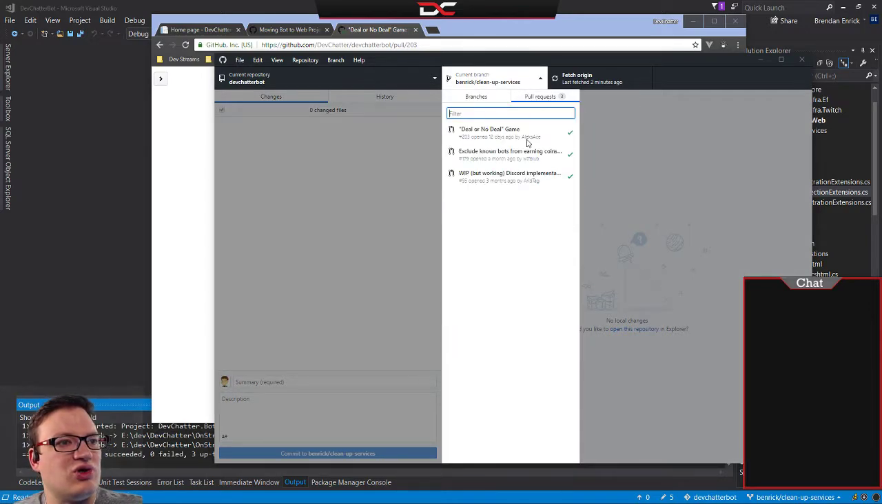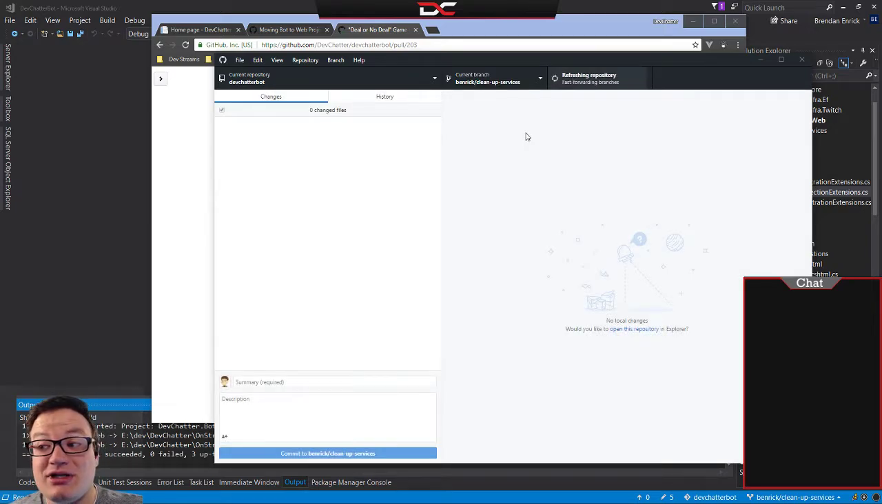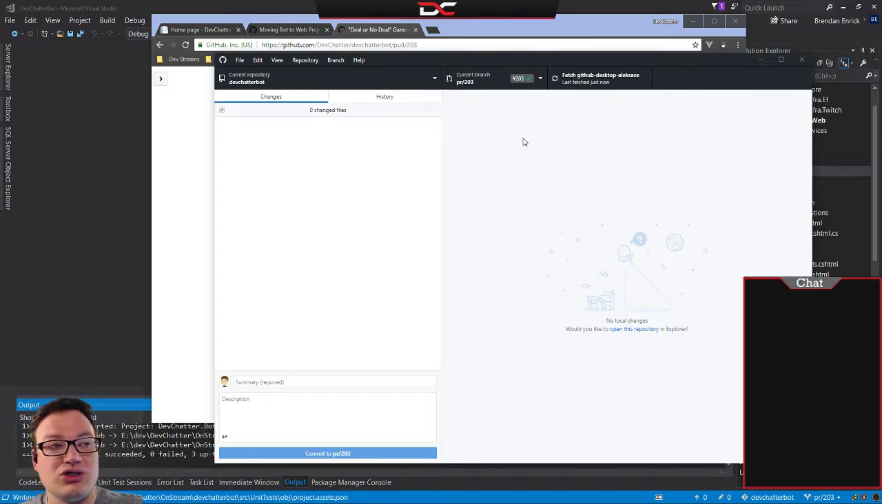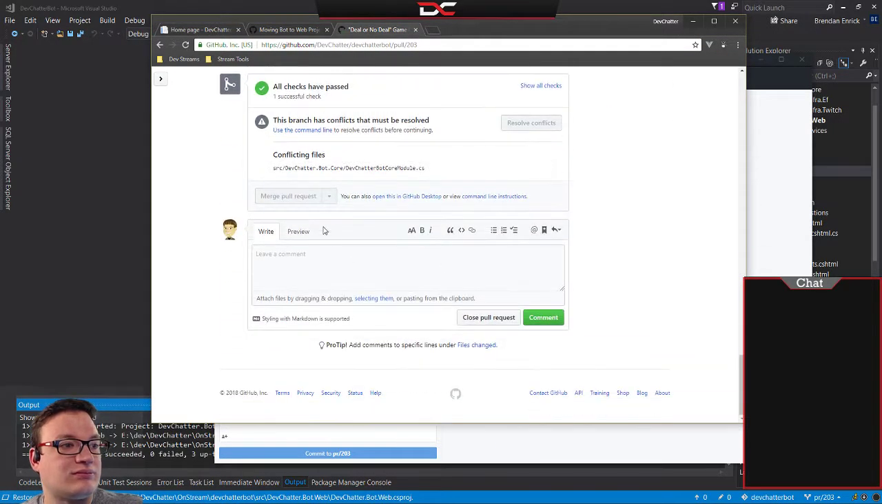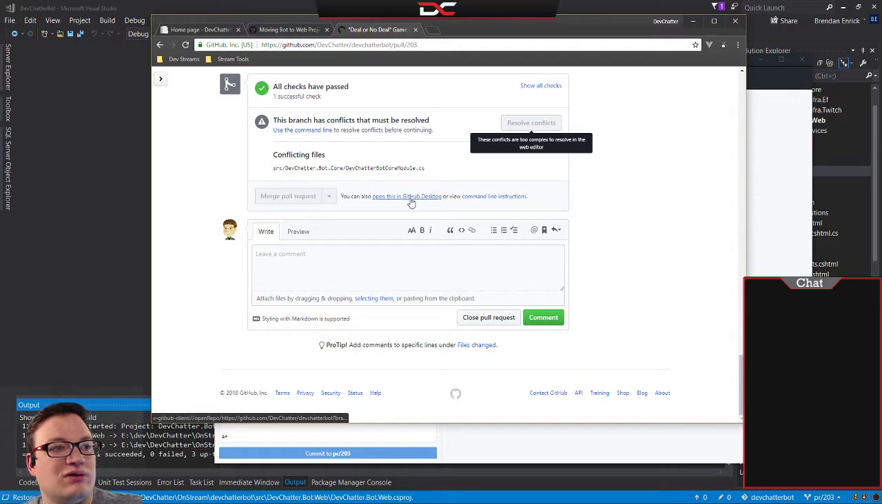So let's jump over to his deal or no deal game, and I happen to know that this is running into a merge conflict. So here, let me show you. Merge conflict right here. We can't actually merge that in, so